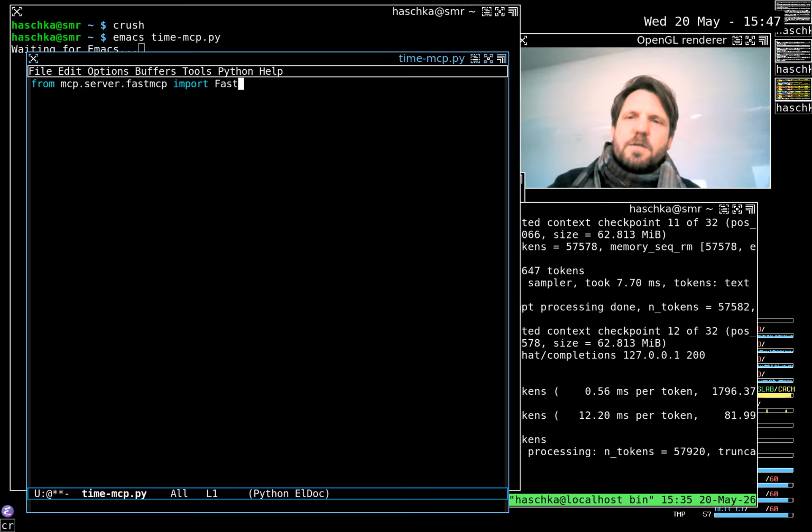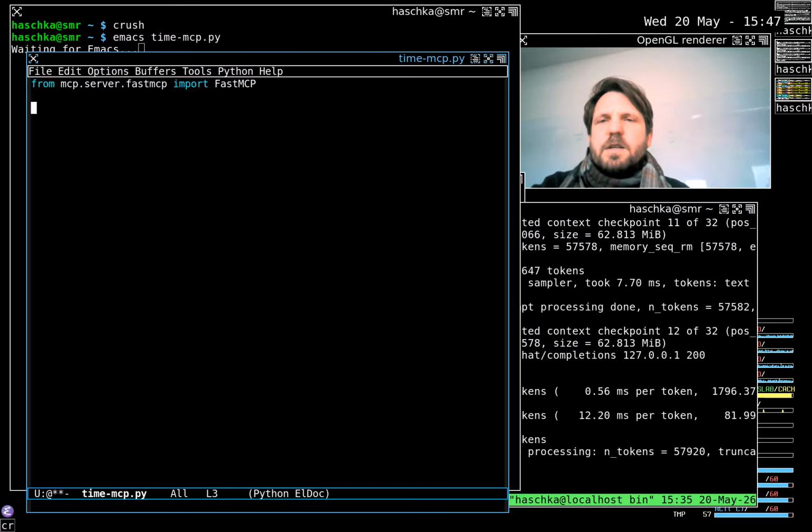Import, I want to have FastMCP, so basically this is the API that you want to use in order to make everything simple. And we want just basically the agent to have access to our system time. So how do I program this? Well, as this is all in Python, we can say from datetime import datetime,